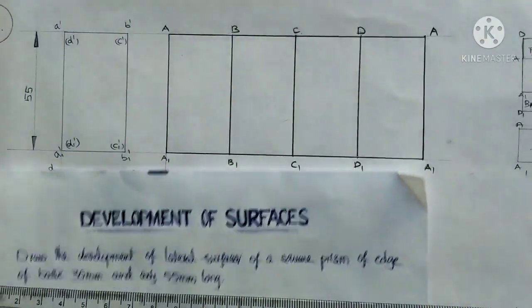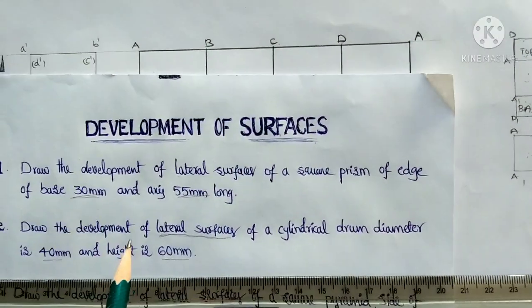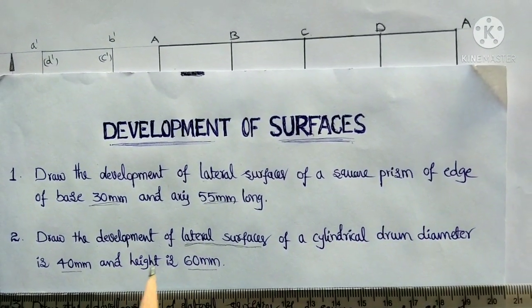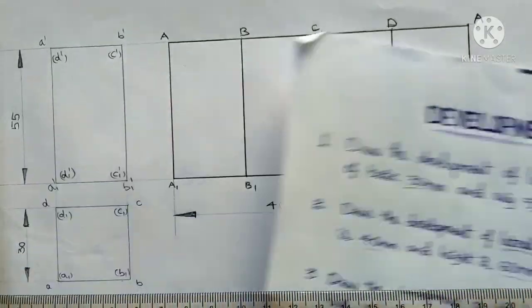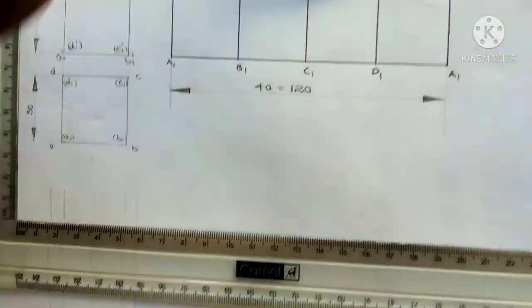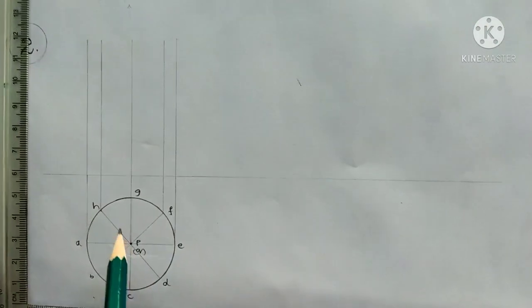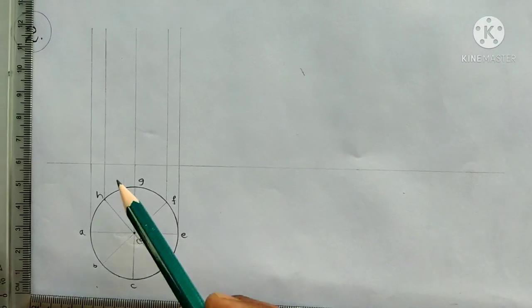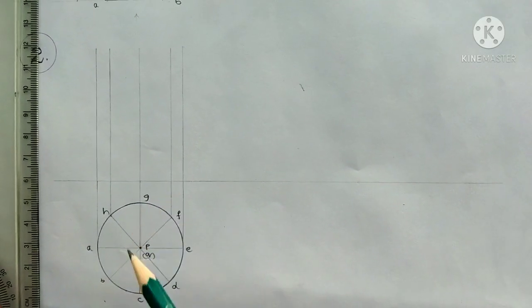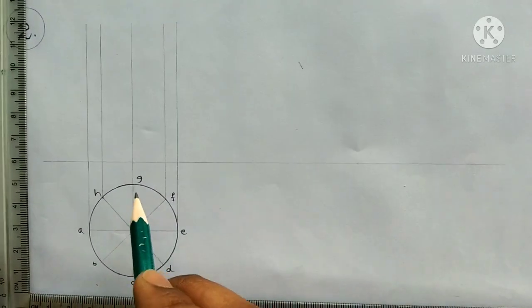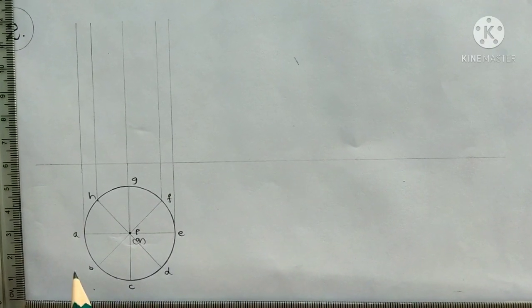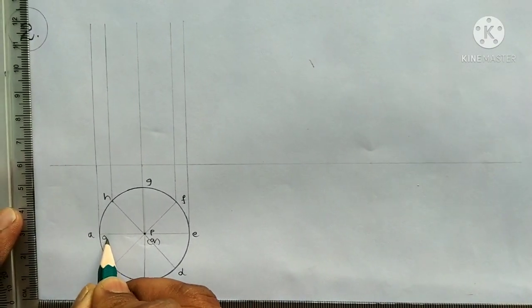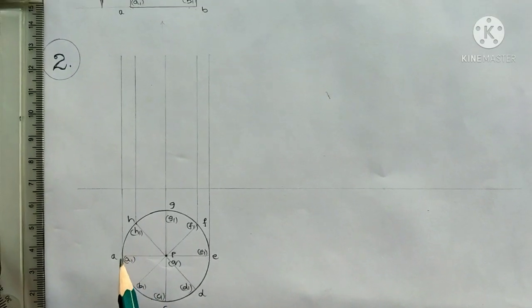So if you come into this particular cylinder object also, initially we should construct orthographic projections of this particular object according to this dimension. So we have to complete initially top view. So in this way we can construct the circle below the reference line. We can maintain 1 centimeter gap between the view to the reference line. Then we can give the naming A, B, C, D, E, F, G, H. This is about top surface. And for the base also we can give the same naming, just add 1 to every letter, A1, B1, C1, in this way. Yes, in this way we can give the base points by adding 1 to each letter. We can represent the base surface.